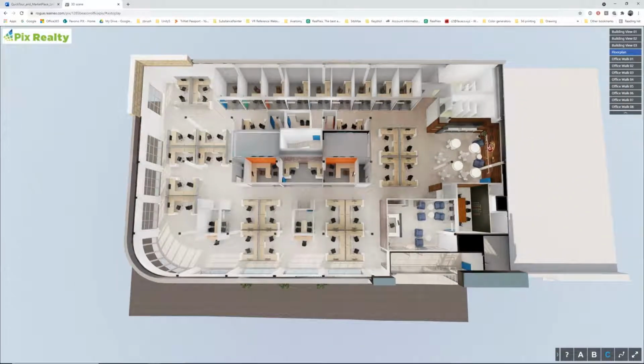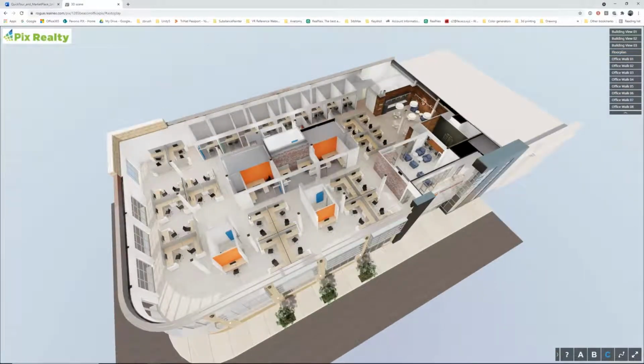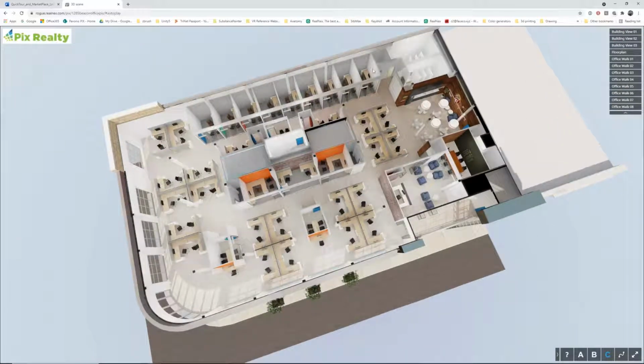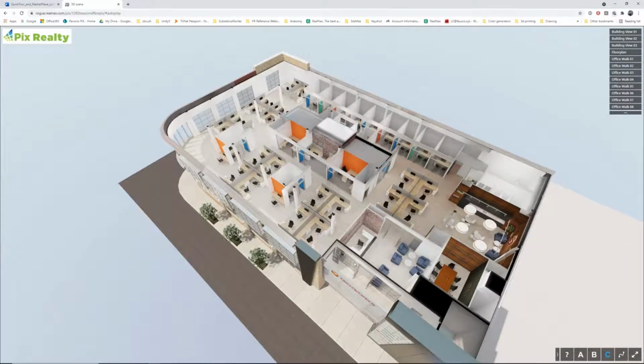So again, floor plan view, very different. We've got these open areas where we've got all these desks. We've got some offices back here along the back wall, some conference area and desks around here. And then we've got the receptionist over here to the right-hand side versus going in all the way on the left. So if we jump into this,